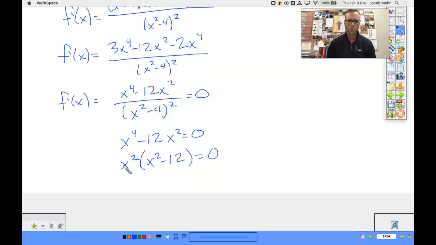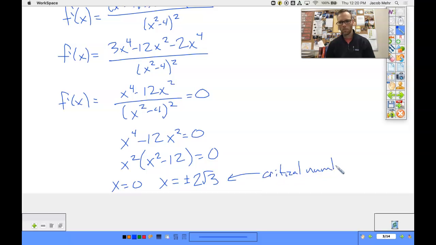Here we go. So from this, x squared equals 0 gives me x equals 0. X squared minus 12 equals 0. Add 12, take the square root. We get x equals plus or minus the square root of 12. And the square root of 12 is 2 root 3. So we have our critical numbers. Now we use critical numbers to help split up into intervals of increasing and decreasing. We're going to get to that later. Okay, let's go to our next thing,